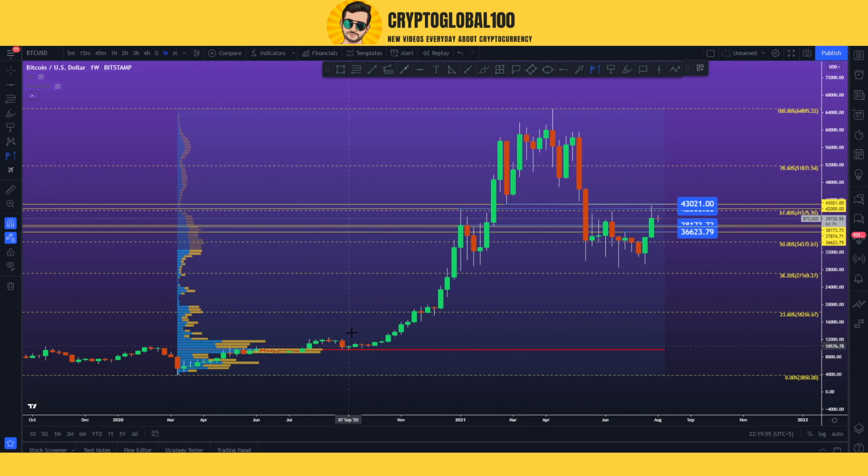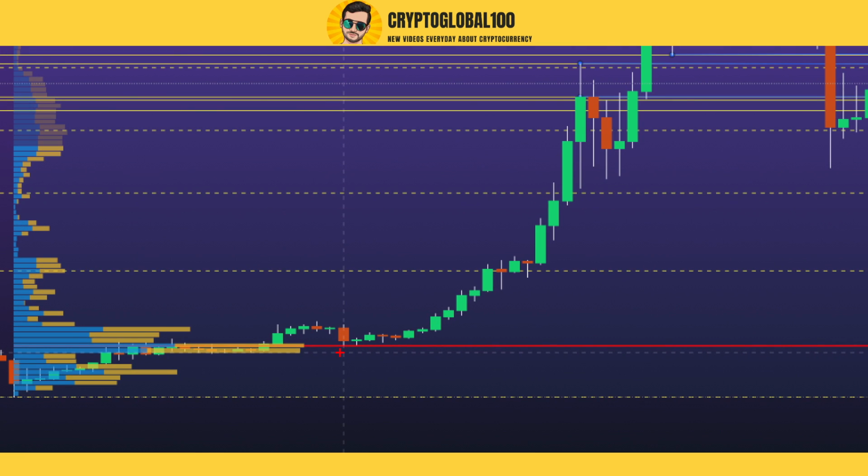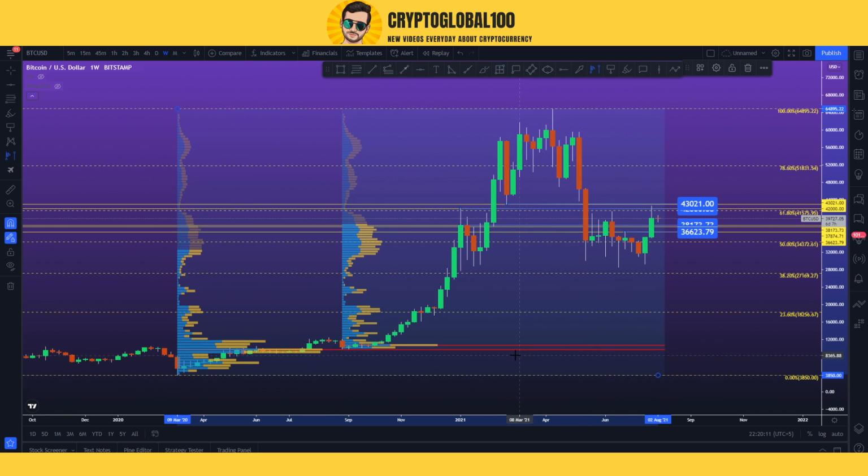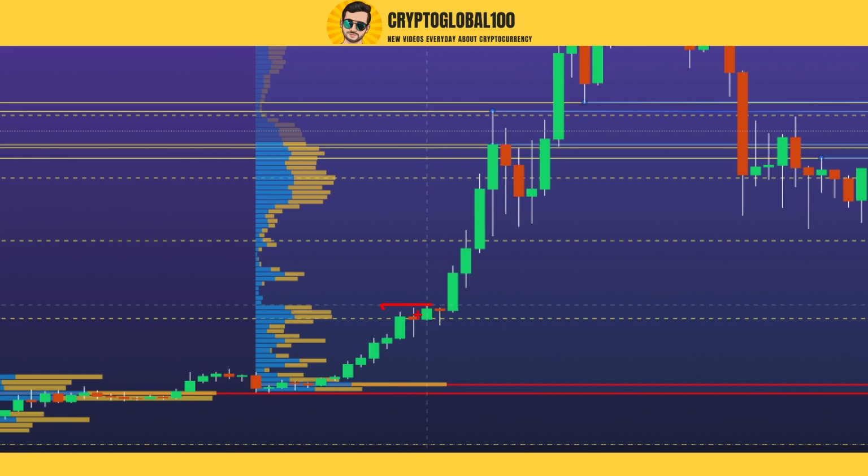Now I'm gonna take this level. Once this level was broken, you can see here, I'm gonna draw volume profile from this area. Here from this candle, I'm gonna drag it to this area again. We saw another candle touching this area. Now what happened, once this level area was broken, we saw candles peaking around this area, and it made a swing high around this candle. Around this area, it is also confluencing with the Fibonacci retracement.